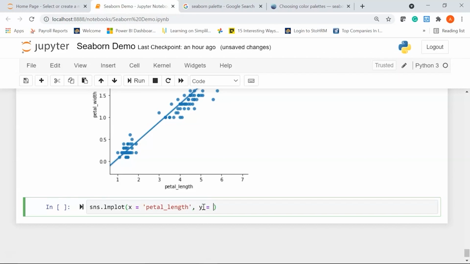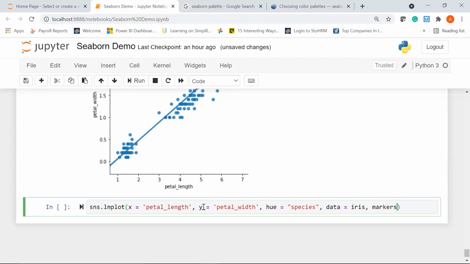I'll write y as petal width. Then I'm going to pass the hue parameter. In hue I'll say my column as species. Then I'll give data equal to my dataset name, that is iris,